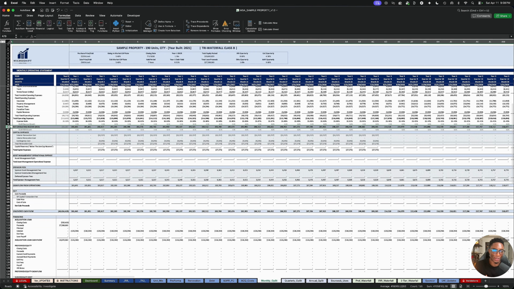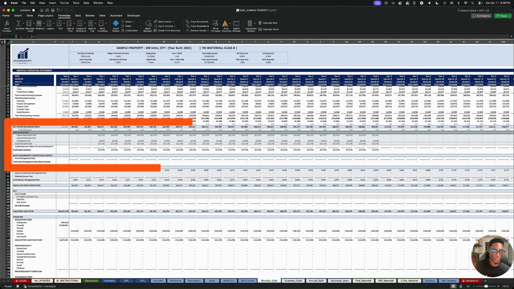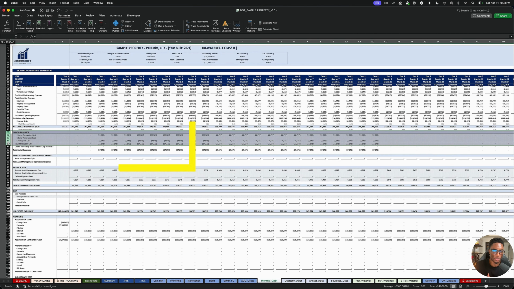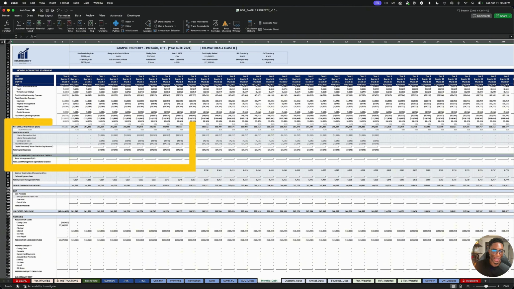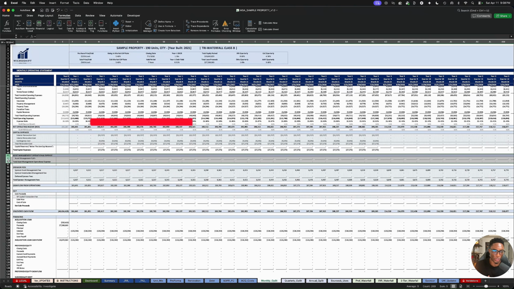So we have our NOI line, you have your capital expense. So if we're doing any CapEx below the line, you do have that. And right below that CapEx line, now we have the asset management operational expense line. And so where does that come from? So if you go into your performer,